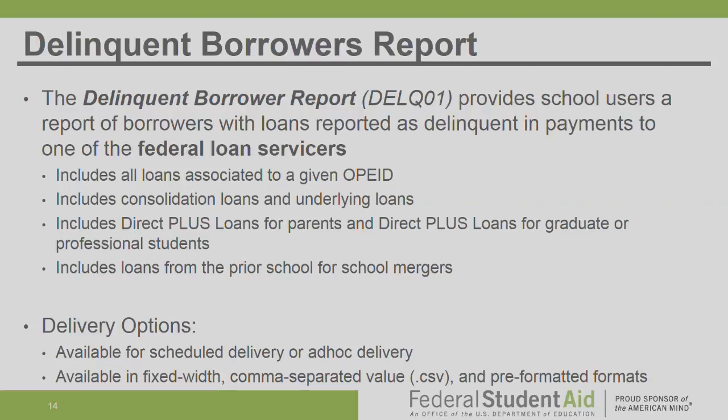So this is a bit more designed for specific use as opposed to that school portfolio report, which is designed for flexible manipulation and trending. So again, it includes all the loans at the OPID, including consolidation loans, and also includes